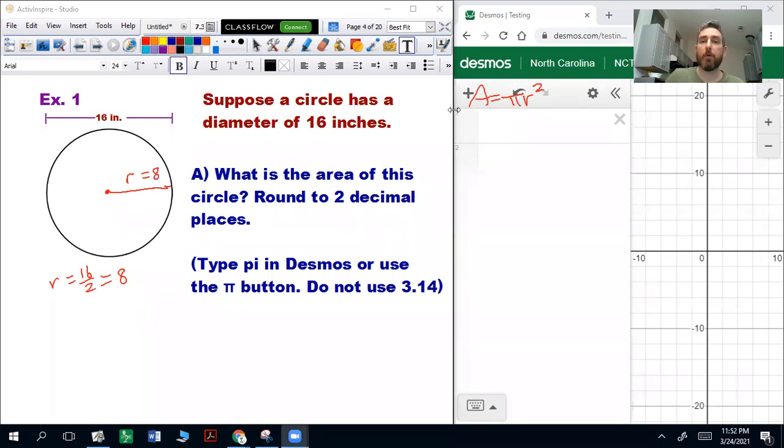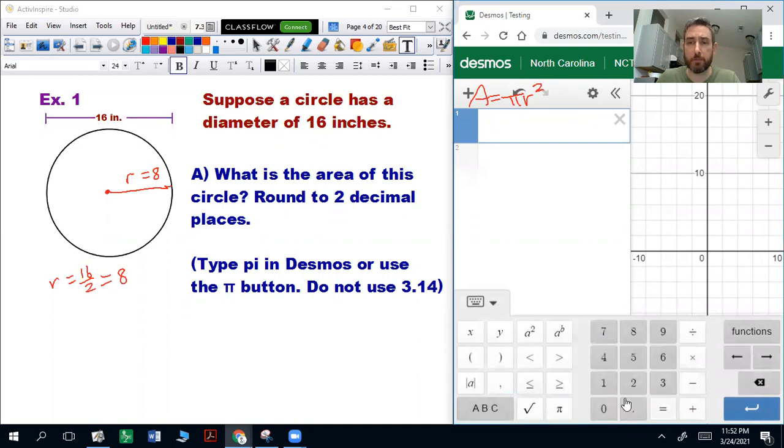We don't want to use 3.14 in practice. We've rounded pi in past questions, but use the pi button. You can get the pi button from most calculators, usually right there. 3.14159 is more decimals out, or you can type pi. I type pi in decimals. So I'm going to do pi, times it by 8, then square just the 8, not the pi. So that approximate area to 2 decimal places would be